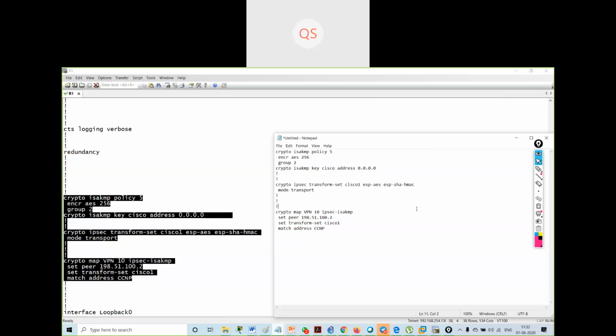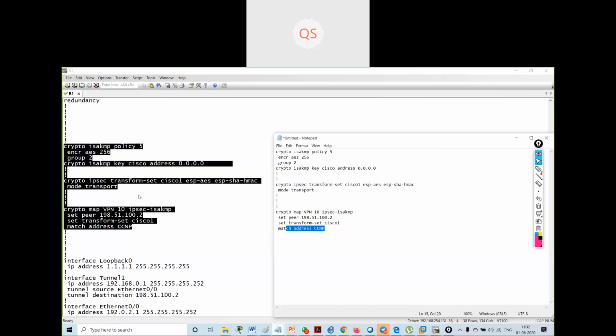Then I have selected the mode, which is transport. Then I've created a crypto map with a name and a sequence number. IPsec ISAKMP will be my policy. Then I have given the peer address, transform set, and match address. Then on the interface, I have assigned the map.